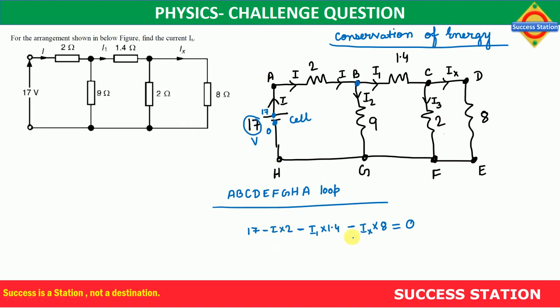Is it understood? So this is how you can write this. So you learned two laws. One is the node law, the other is the loop law. You understood that one is based on conservation of charge and the other on conservation of energy, right? Both were given by Kirchhoff, and that's why they are called Kirchhoff's node law and Kirchhoff's loop law. Is it clear? And we'll solve this question based on these two laws only.